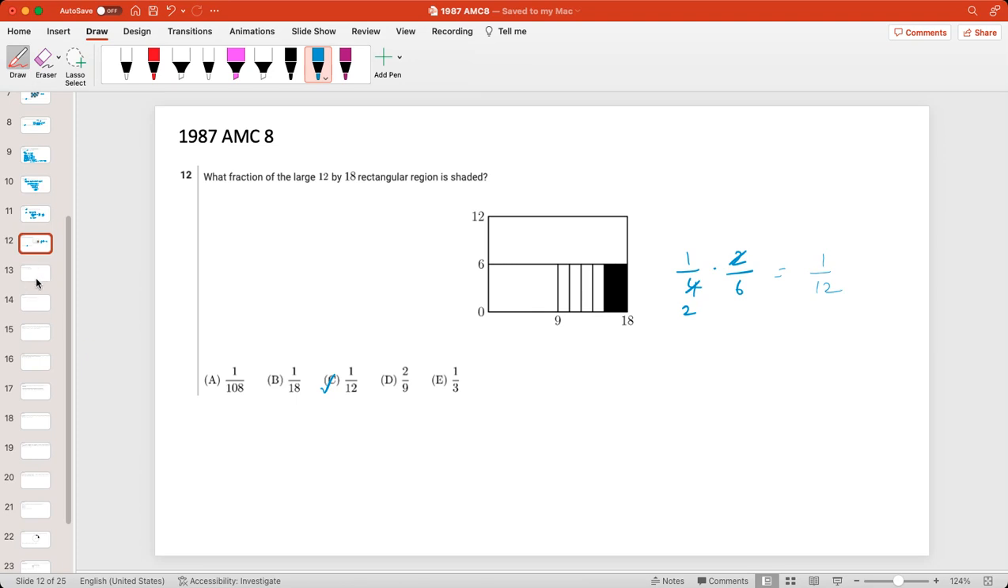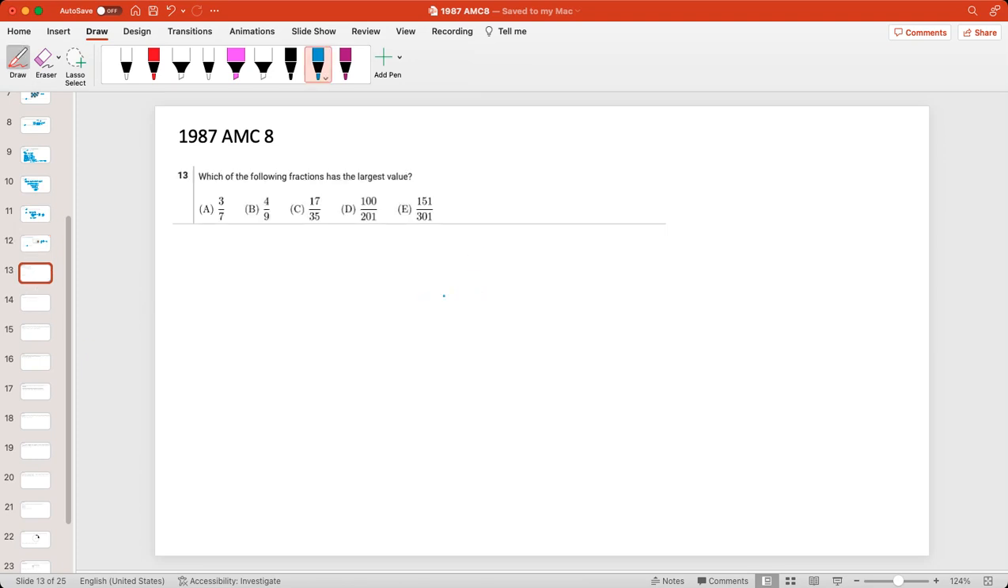Going to the next question. Which of the following fractions has the largest value? Now, when you just look at this problem, you'll think that you'll need to take an LCM of all the bottom numbers or denominators. But no, it's not needed. It's actually simple. I'll tell you how. First, you just have to